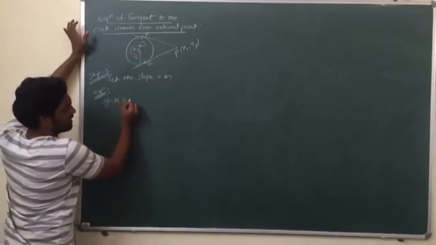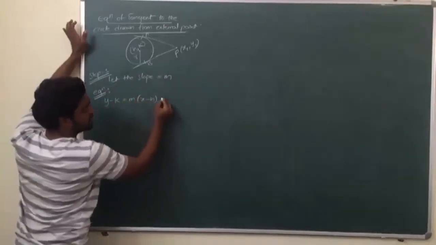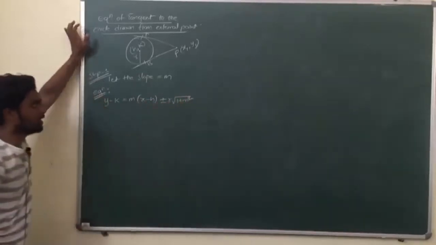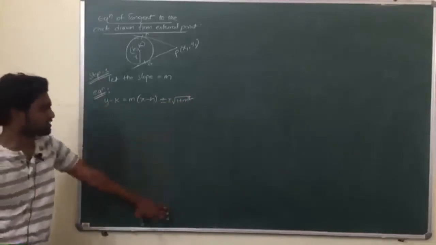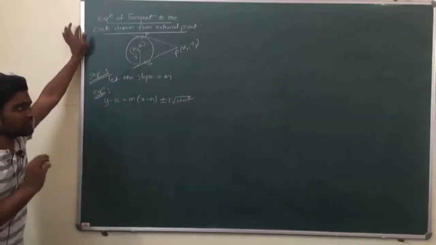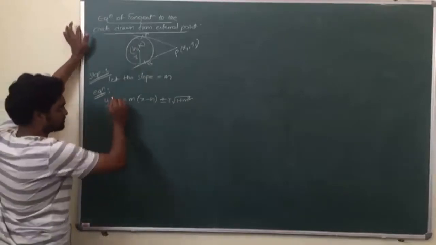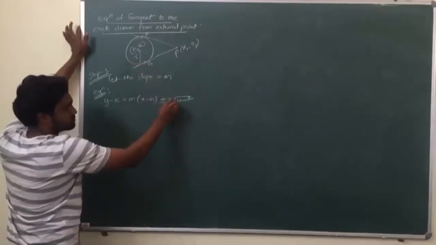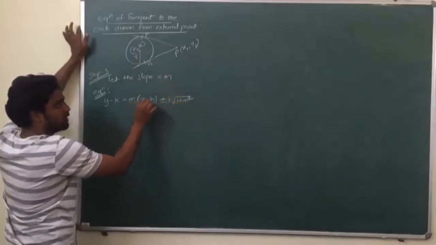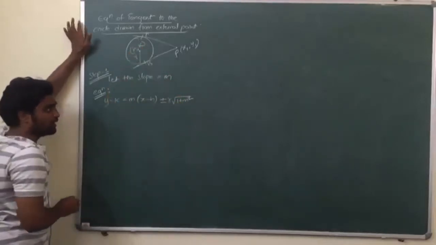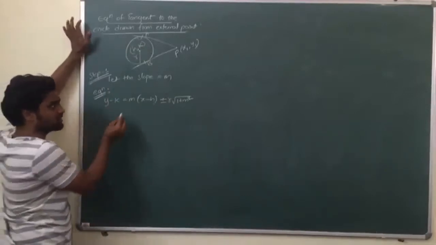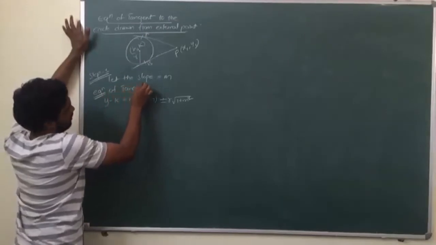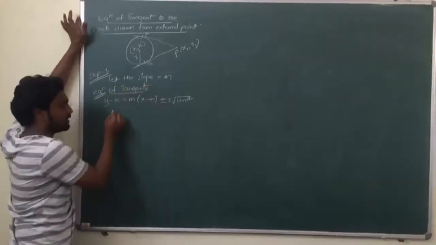Equation will be y minus k is equal to m into x minus h plus or minus r root 1 plus m square. Now m is the variable here, h and k are known. Now there is another property to this line. This is nothing but the tangent, right? Equation of tangents. Now this passes through